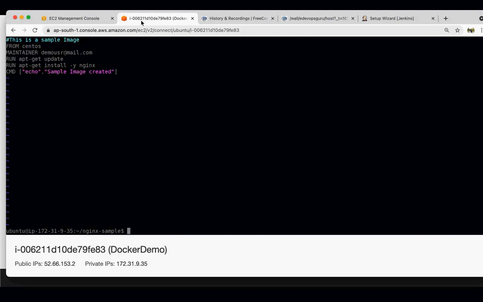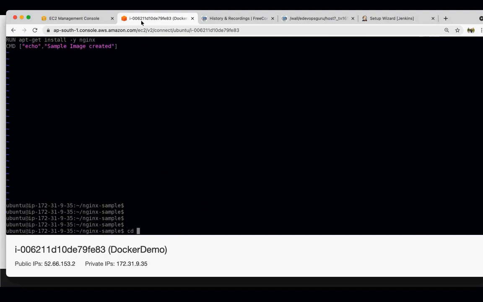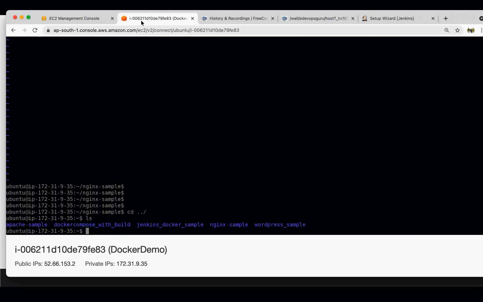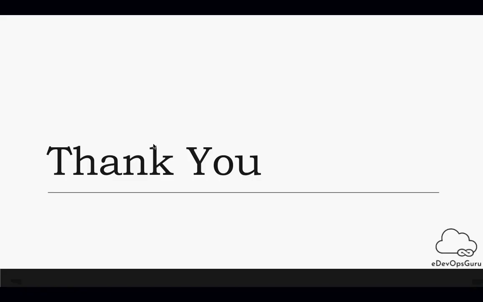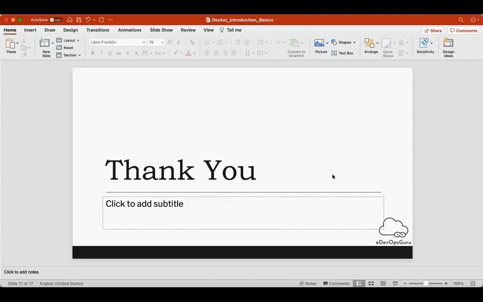So this is how you can update and modify a particular sample if you get it from online, or if somebody gives you a Docker file and asks you to add some more steps to it. So that's all I had for today. Any questions till now? If there are some questions, maybe we can take those up now.